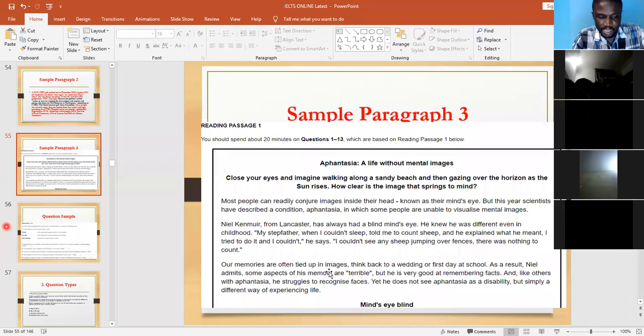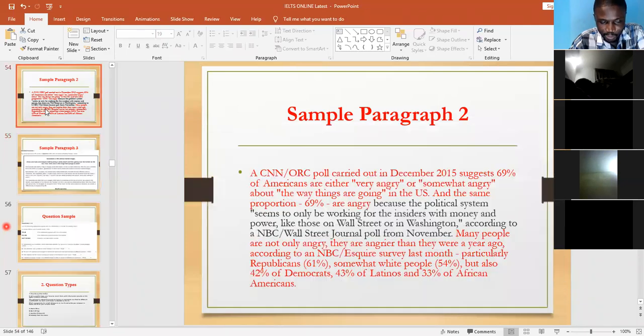And we came to this part, it was talking about the fact that our memory is affected by our mental image. And it went on to give an example. So whether you read it in small bits or you read it as a whole, it will still work in the same manner. Time is gone, but I know that the bulkiness of the passage is the most challenging thing. And that's why whenever you are reading a passage,